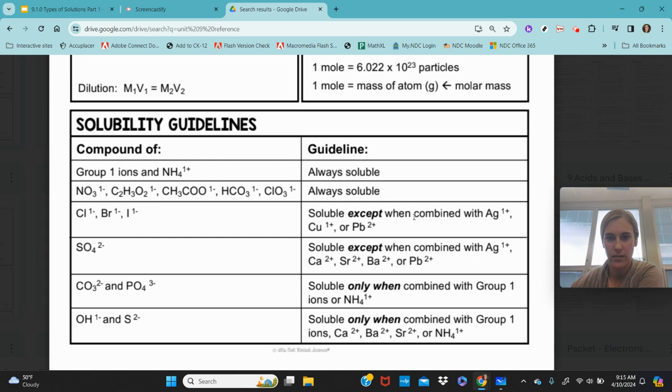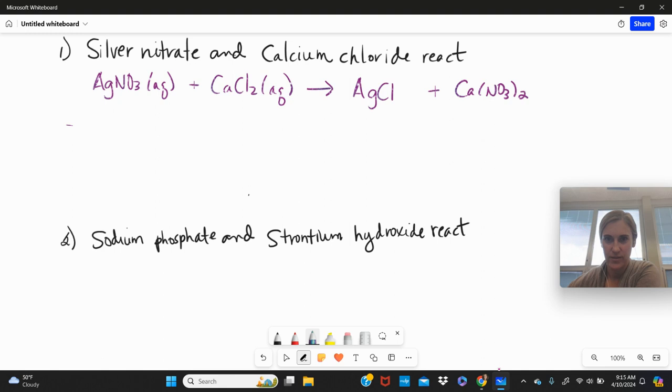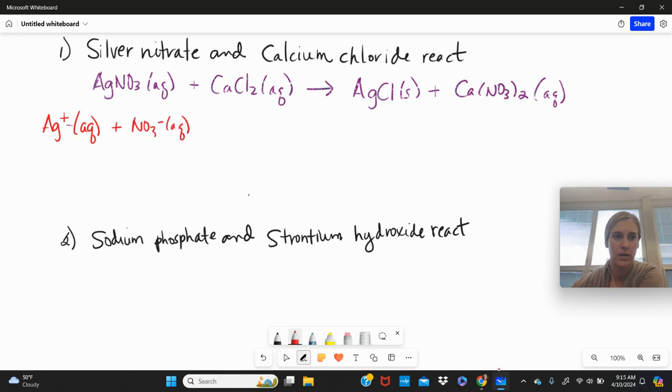So this is chloride. It says everything is soluble except when combined with silver, copper, or lead, so silver falls in that exception category. So let's see, we'll go to here, solid. This is AQ. Now, our next step is to break up everything. So silver has a 1+ charge, and you can look this up if you need to. There's only one of them. That's the charge, AQ. There's 1 nitrate that has a 1- charge, AQ, plus calcium has a 2+ charge, plus